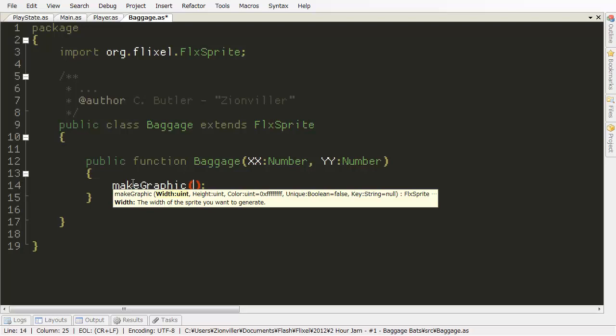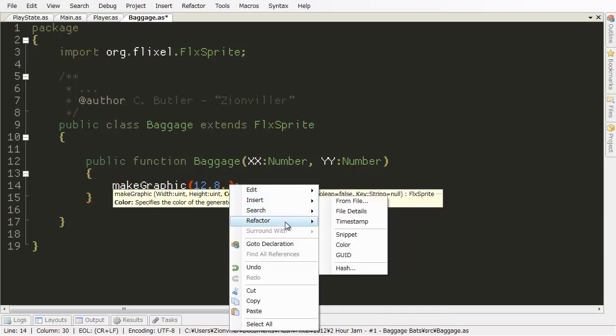Let's say our baggage width is 12, and height will be 8, and color, let's